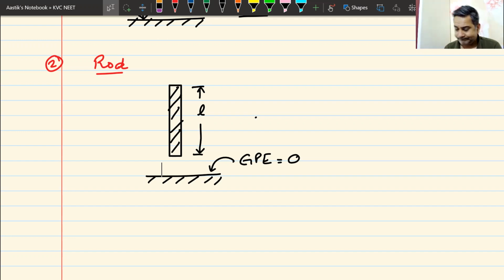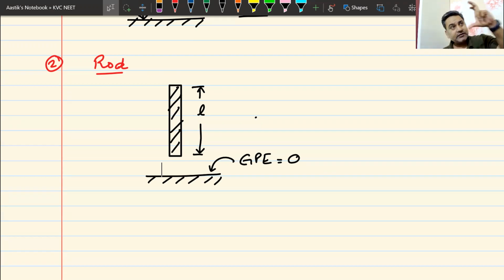Now if I ask you what is the gravitational potential energy of this rod, the question becomes somewhat different, because it is not a point. There are infinite number of points on this rod. How do I find the gravitational potential energy? Well, the method of finding it out is not important. What is important is that you remember the result. How it is achieved is not your task right now. You only need to know what the value is.